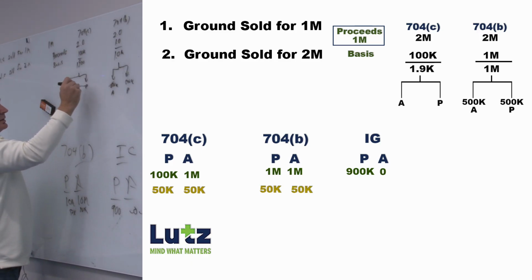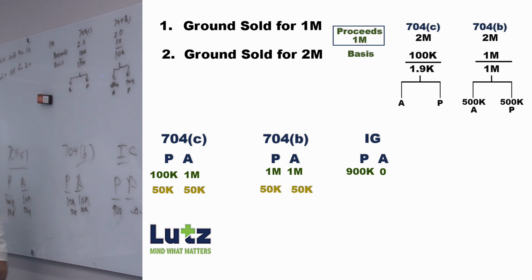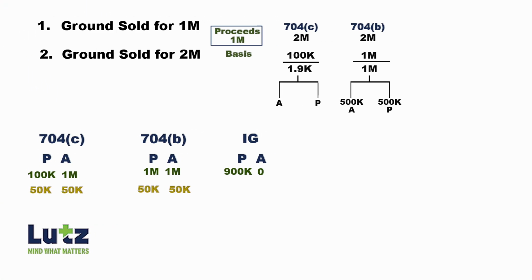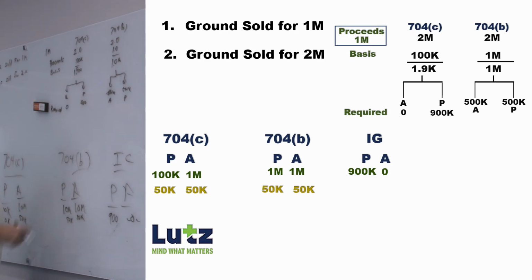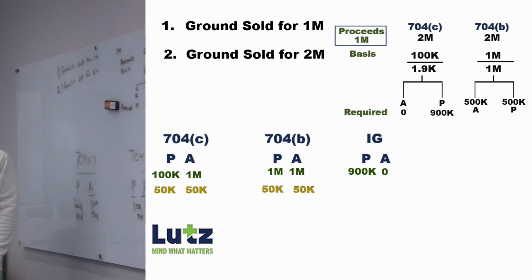Aaron and Pete. How much required income has to go to Aaron? Is it based off like the 704C percentage that they get? Like how it's allocated? How much inherent gain did Aaron bring to the table? 900,000. Oh. 0. Aaron is 0 and Pete's 900. How much total gain do we have? 1.9. So you have 1 million left to